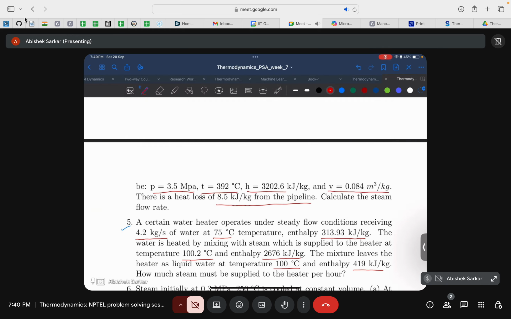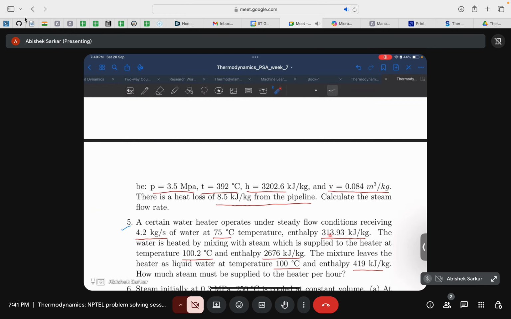Okay, so you can see that the incoming temperature of the water is lower, as well as the enthalpy is also lower, but the steam that is being used to heat this water up has a higher temperature as well as higher enthalpy. But you will see that after the mixing has occurred, the liquid water, or the mixture of liquid and steam, has a temperature of 100 degrees Celsius and has an enthalpy of 419 kilojoule per kg, which is a moderate